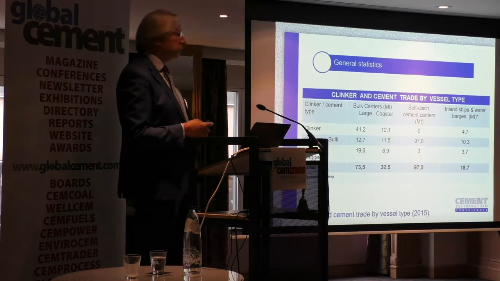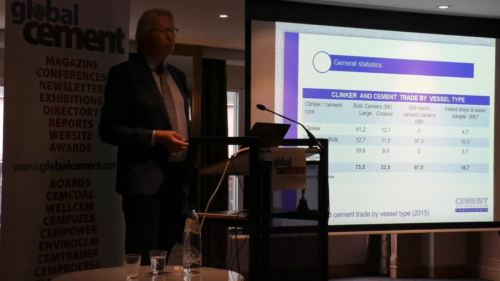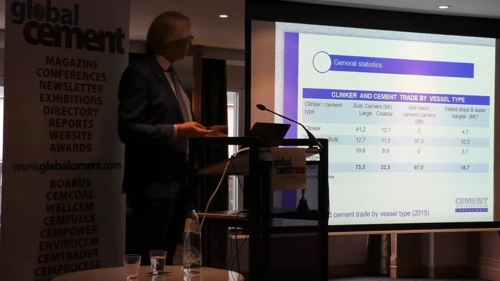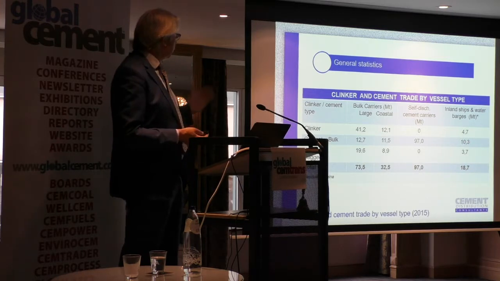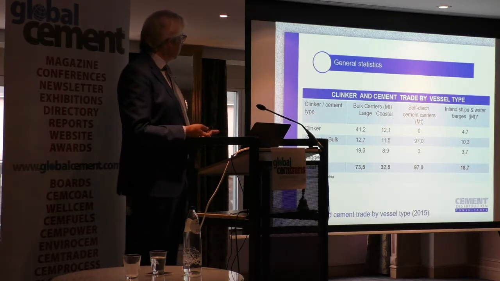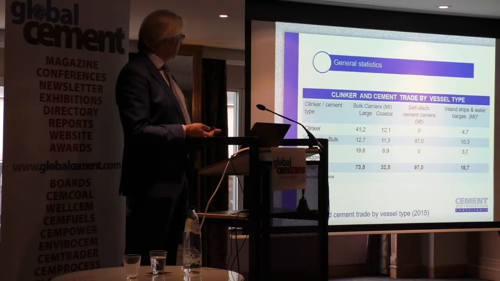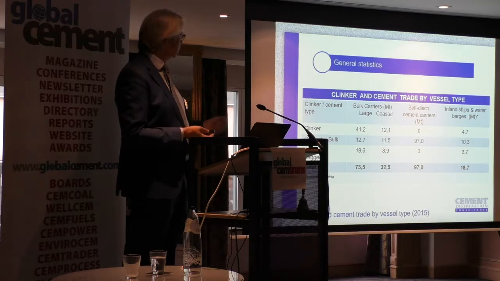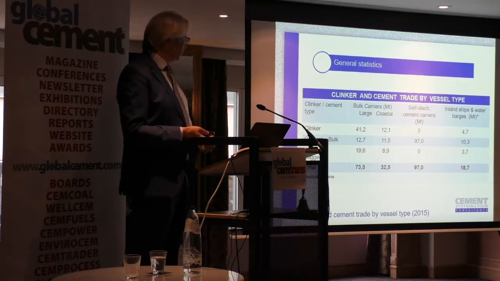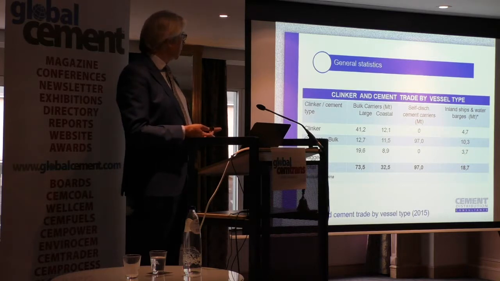If you look at vessel type, especially in respect to the facilities that are involved, this is important. You see that large bulk carriers take the majority of the international trade. Most of that is clinker and bulk cement, a fair volume, and then the bagged cement is, domestically, still fairly large, but internationally that volume is going down.